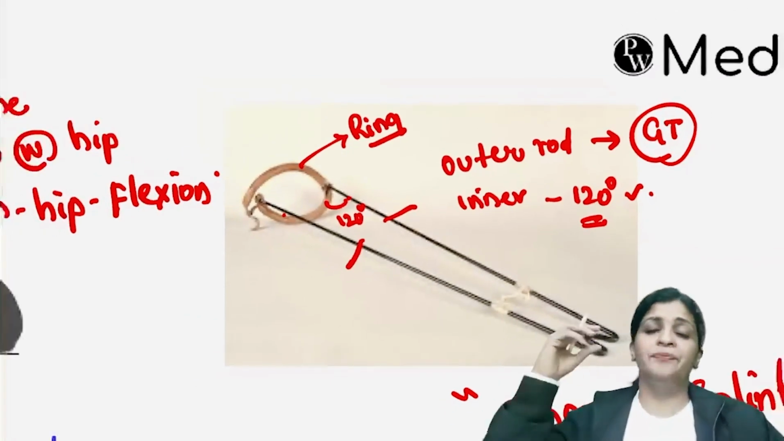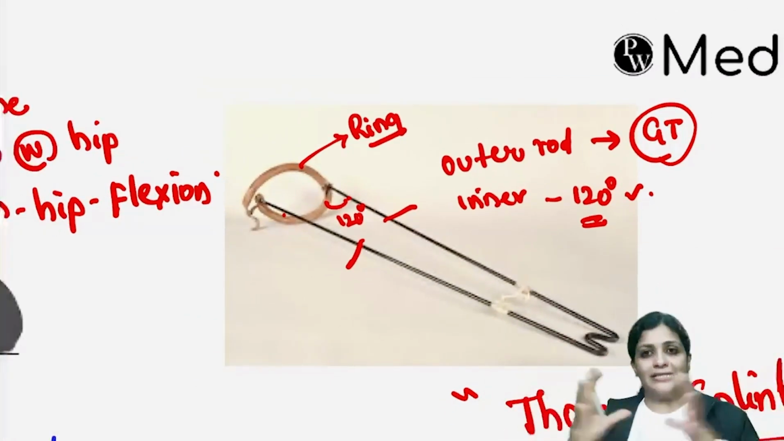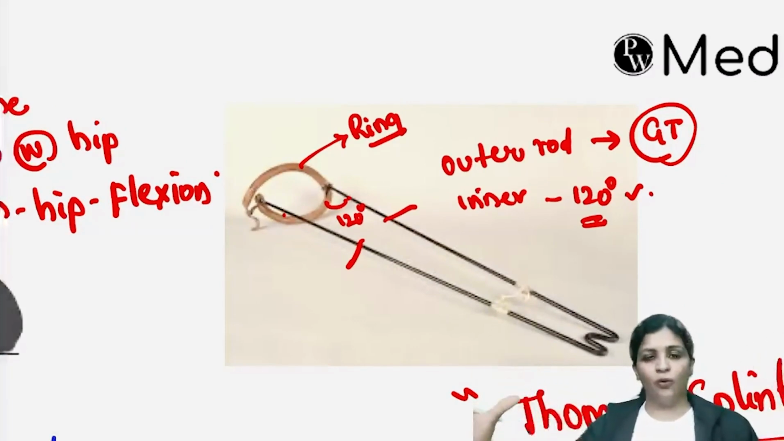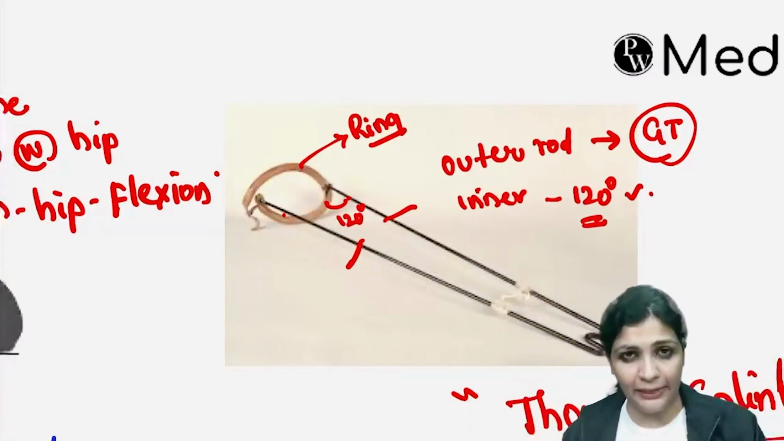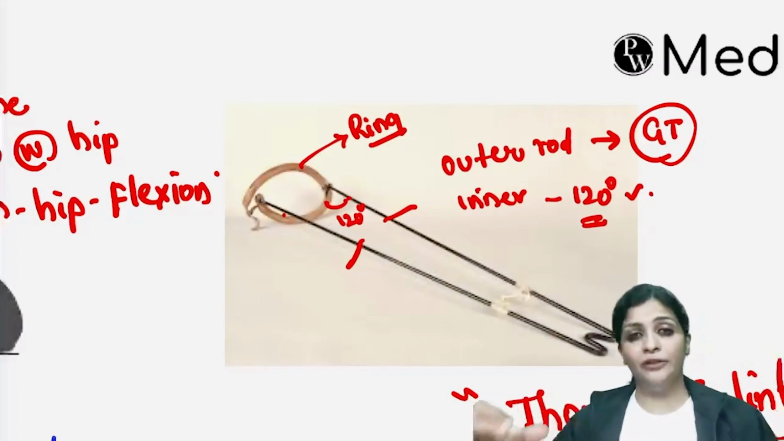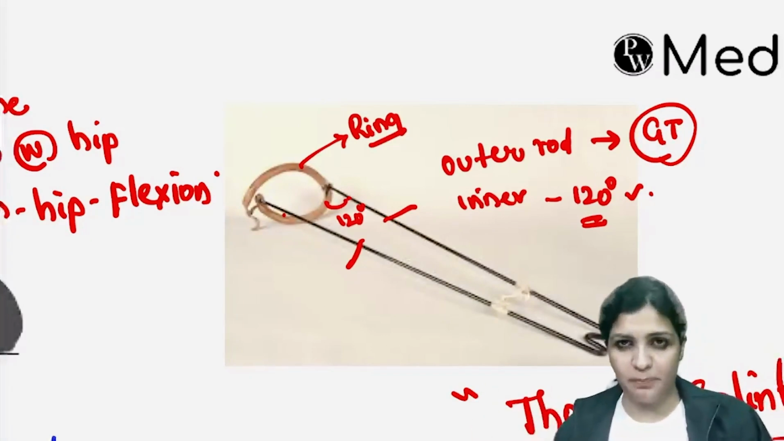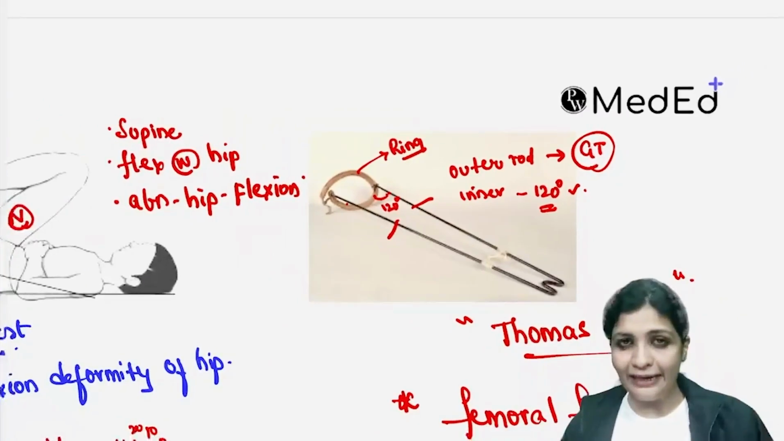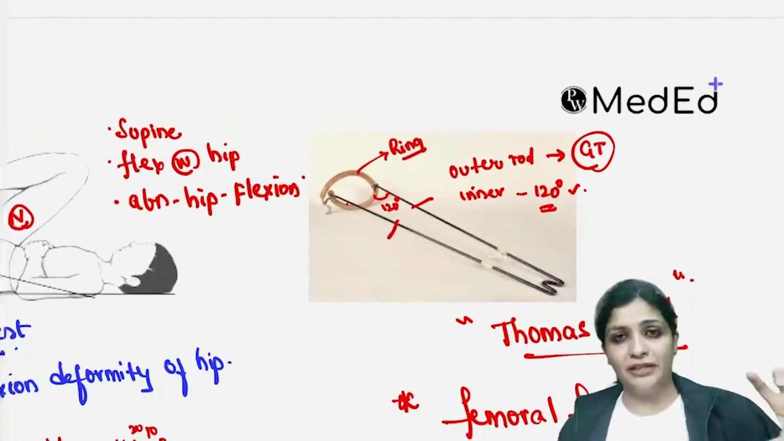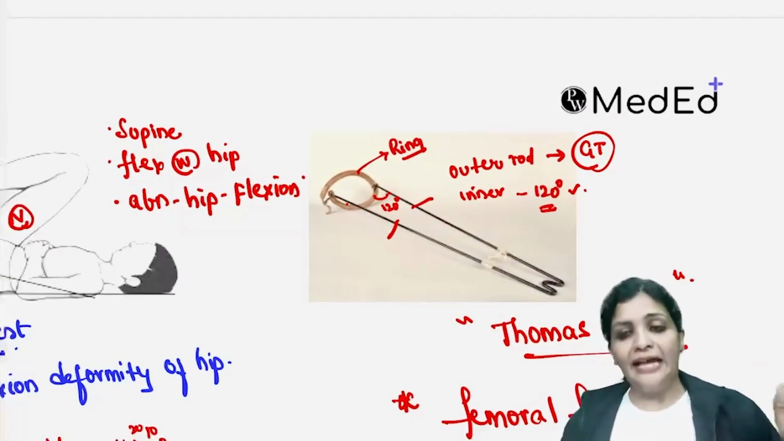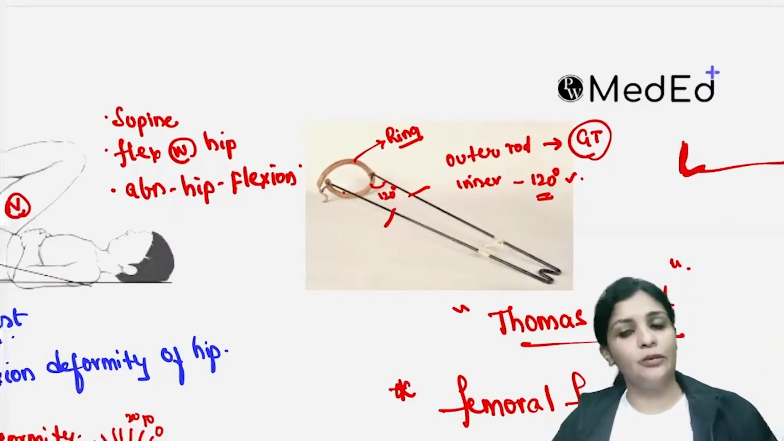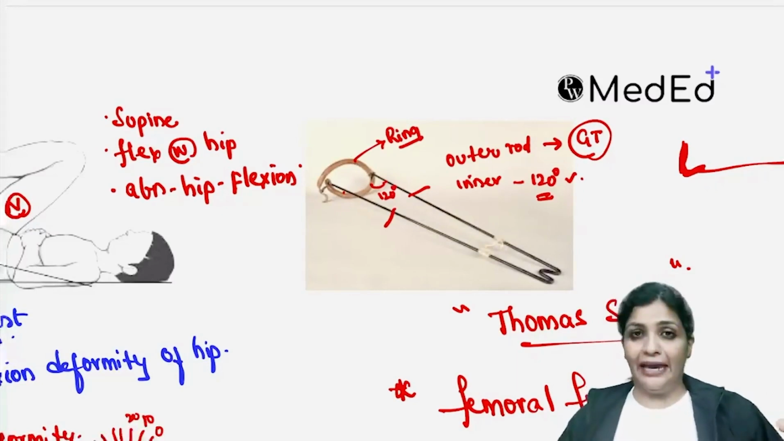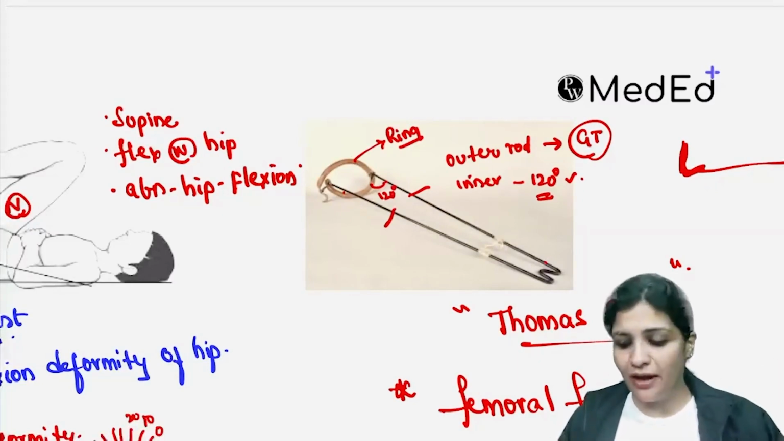This Thomas splint has to be assembled. You will get a ring size, you will get the rods, and then you have to attach them. You have to measure the circumference of the thigh, identify the ring, get the two rods, and then prepare this Thomas splint. For that, you have to measure the highest circumference of the thigh; that is the diameter of that particular ring. Then you identify the outer rod with a small projection like this. This projection or elevation is to accommodate your greater trochanter on the lateral aspect. And the inner rod, making 120 degrees, is a straight rod, and these two are connected with